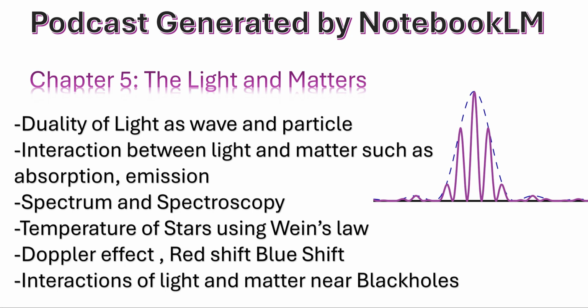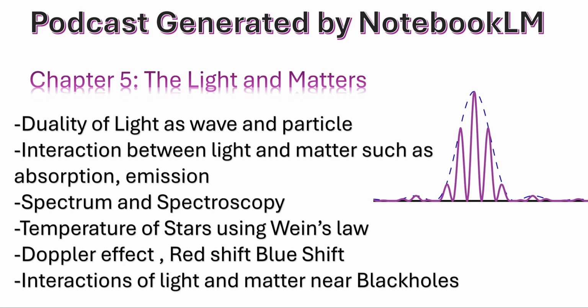So hotter objects emit more energetic light, meaning shorter wavelengths, which peak in the bluer part of the spectrum. Cooler objects emit less energetic light, peaking at longer, redder wavelengths. So a blue star is much hotter than a red star. It's like a cosmic thermometer. You got it. Wien's law lets us figure out the surface temperatures of stars just by analyzing the light they give off. And that tells us a lot about their life cycle, their energy output, even what will eventually happen